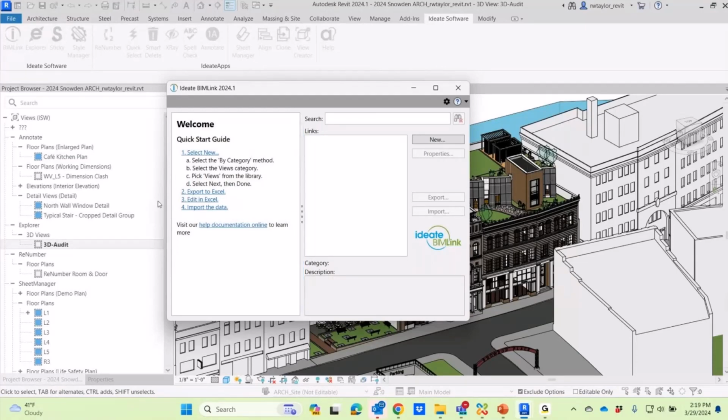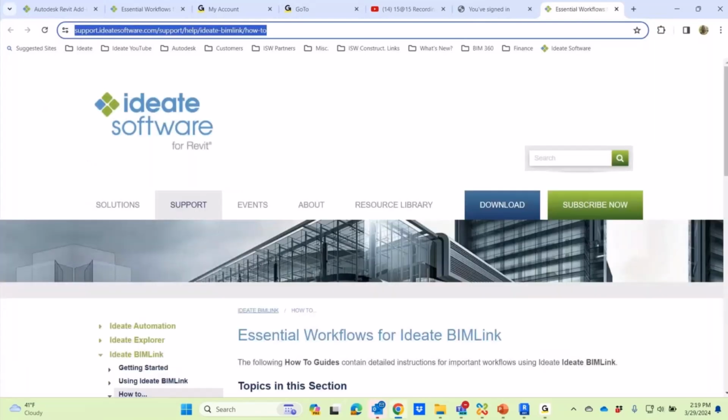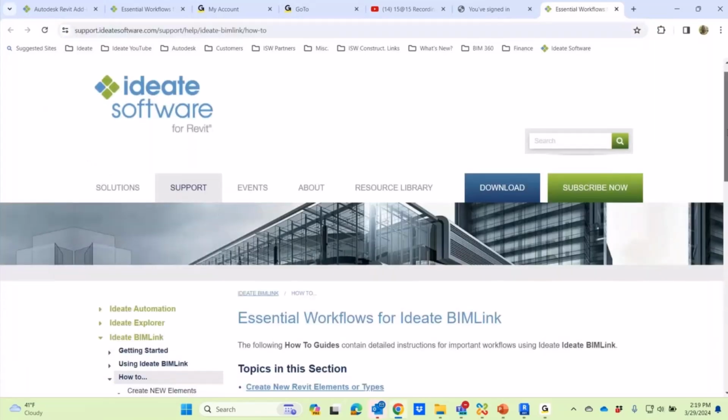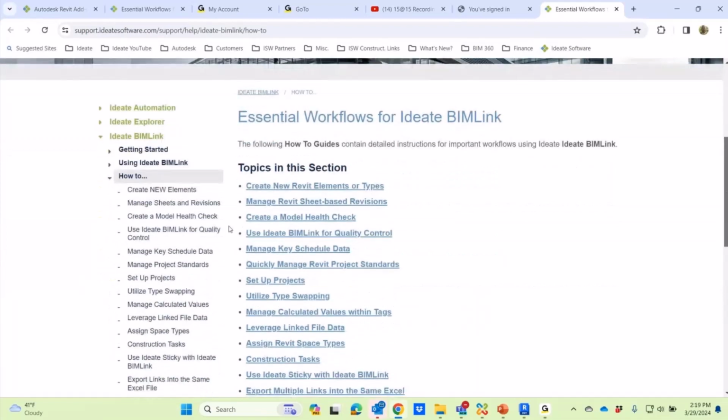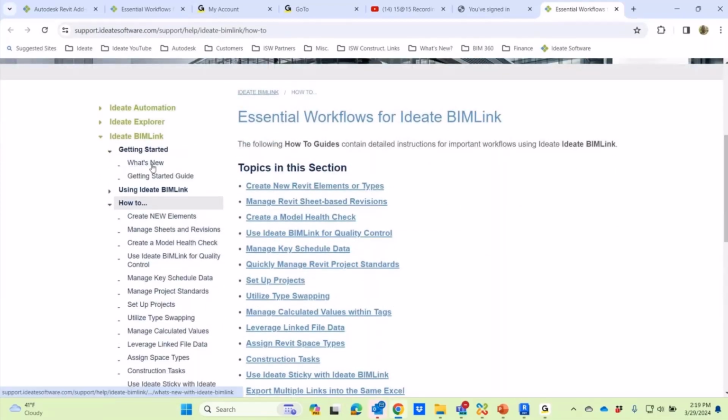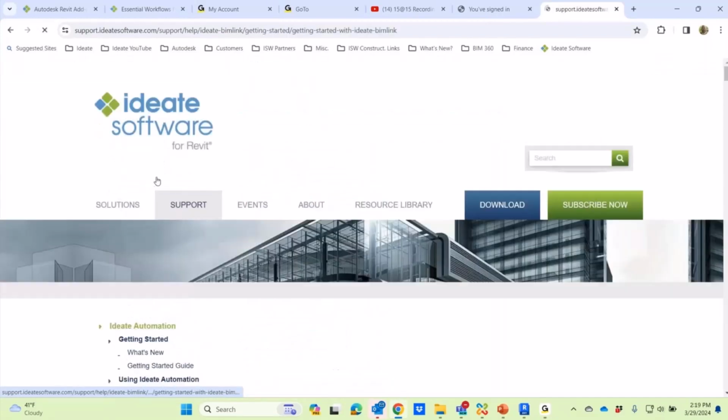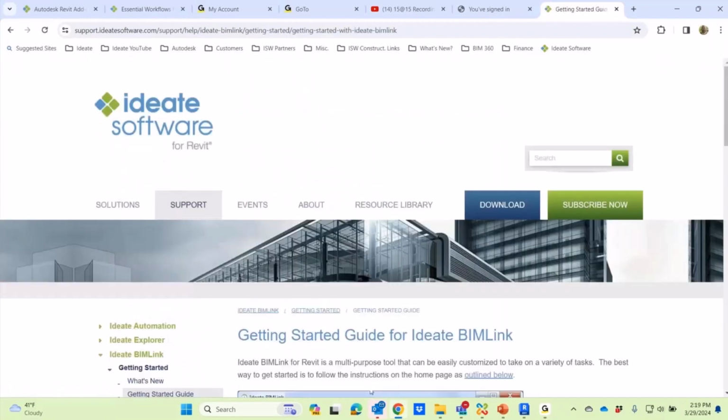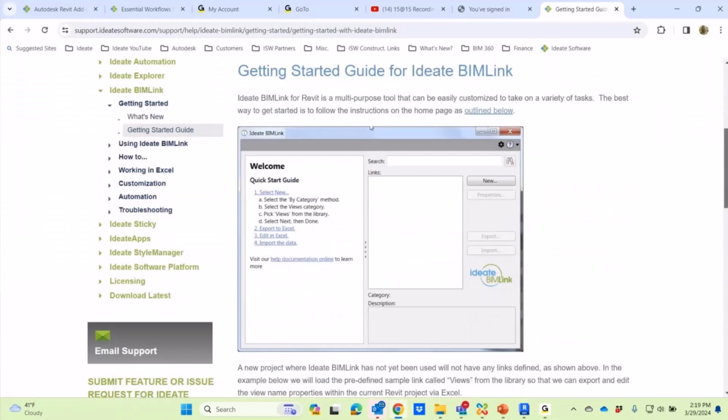So you see that we get the welcome and the quick start guide over here in the left panel of the dialog. And I wanted to show you that you can click on any of these. You see the help documentation. If I click on that, it's going to go out to the help page, right? And I can scroll down here and you can see there's the how-to section under help, but there's also the getting started guide. And so you see here, if I wanted to go right to the getting started guide, I can do that and start out very simple. All right, let's switch back to the main presentation here.